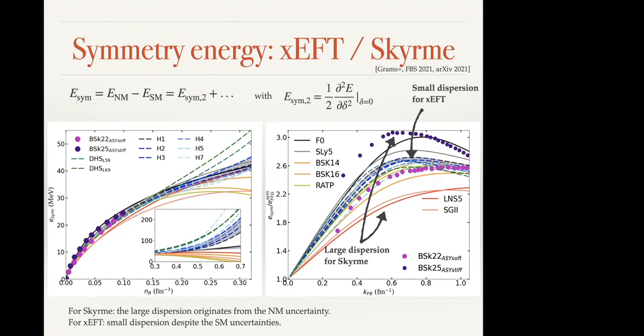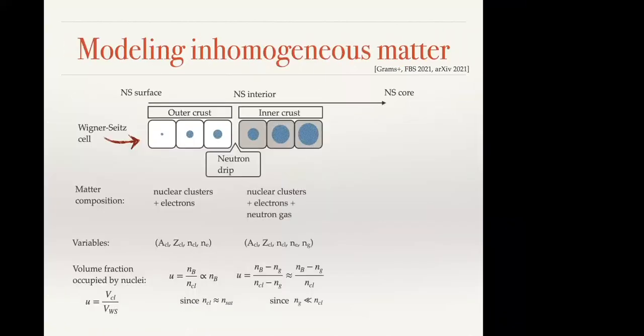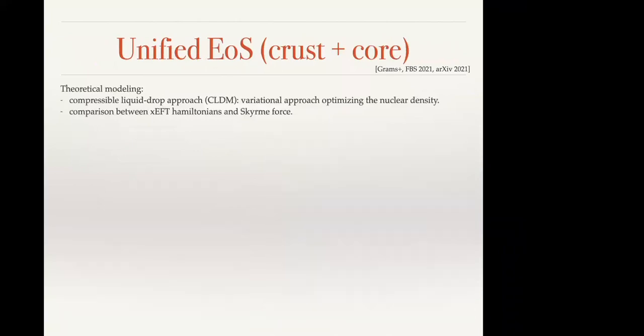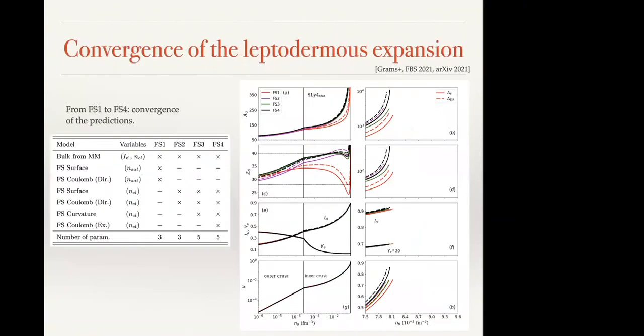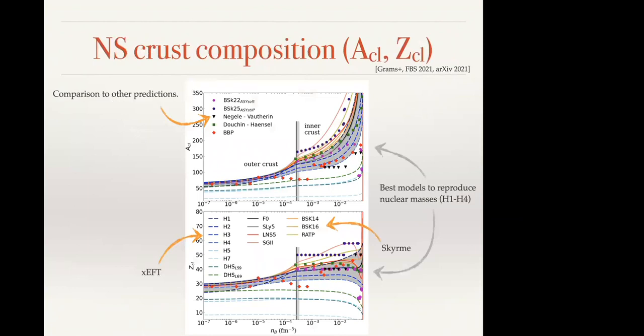Okay, and it looks like the next question is from Sanjay. Hello, Jérôme. Thanks for that nice summary talk. Maybe you can comment on shell effects and their role in determining the Z of the clusters. The earlier calculations would have to choose between various magic numbers, right? It would just choose Z of 40 or Z of 50. What do you think the role of that is going to be in determining the composition of the cold catalyzed crust?